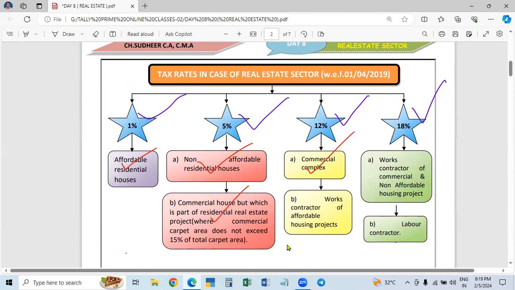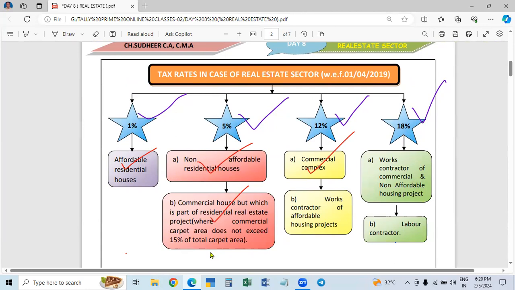In such a case, since actually commercial it is 12%. But here, since it is part of a commercial, residential housing, we take the total carpet area. Out of the total carpet area, that is residential as well as commercial, you know the meaning. If the carpet area of the commercial shop or commercial unit is not more than 15% of